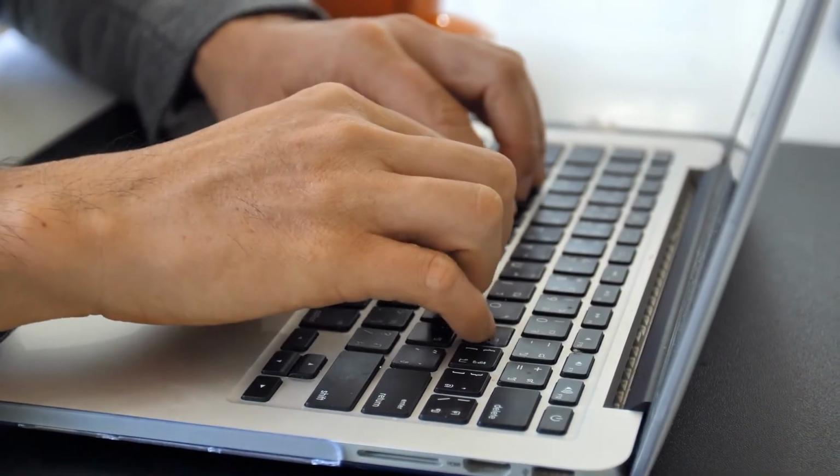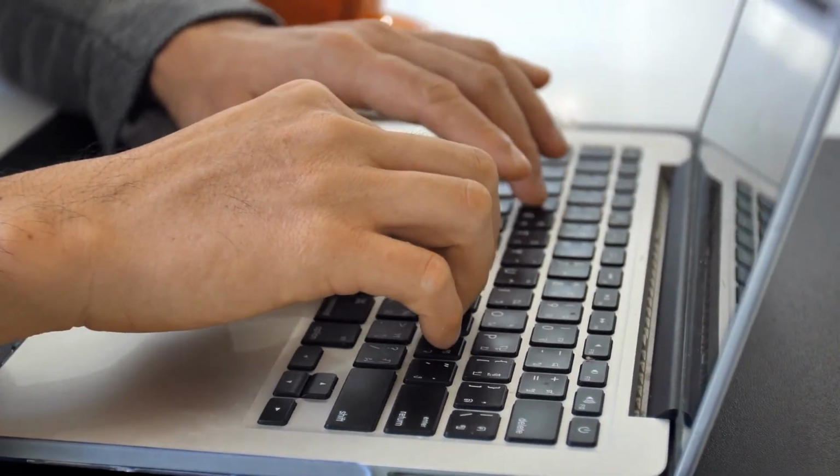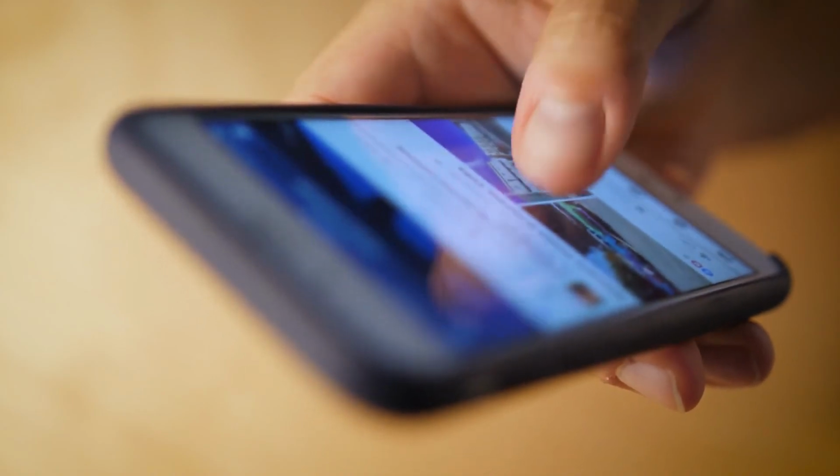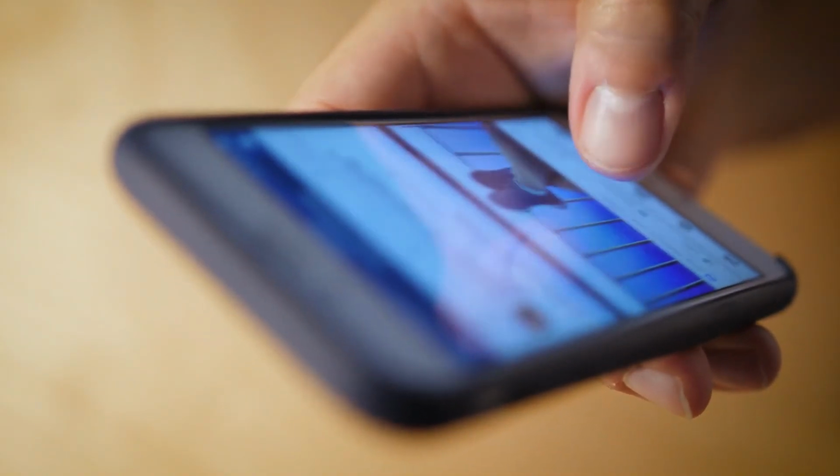And once you're in those community groups, you want to engage like a normal person, no promotion. You never talk about your paid services. You never even link to your content, if you have some. You never link to your website. Any links are to other websites and other pieces of content. No sales whatsoever. You can still post on your own feed about your content or about your free lead magnet or your strategy calls,